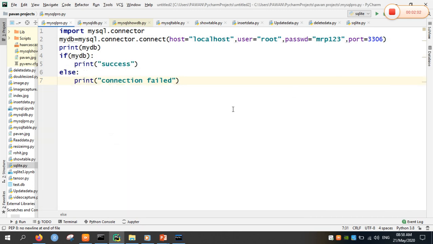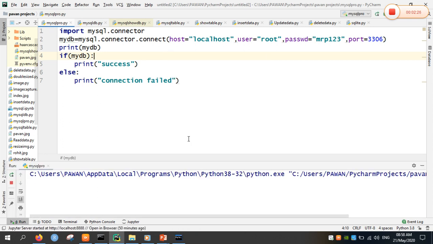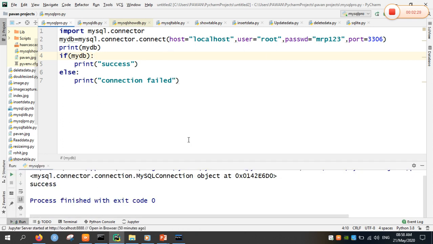Now from Python, we have to import the mysql.connector package and call the method connect. We have to pass the parameter hostname as localhost, and user root is the default. We can change it whenever we are installing MySQL; it will ask about another user also. So I will be using the default user as root, my password and the port number. I will be checking whether my database connection is successful or not. I will be running my code here. Yeah, my connection was established with MySQL.